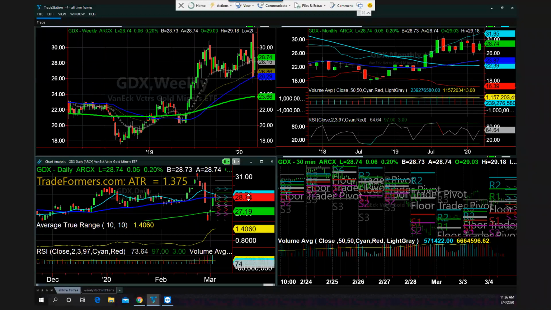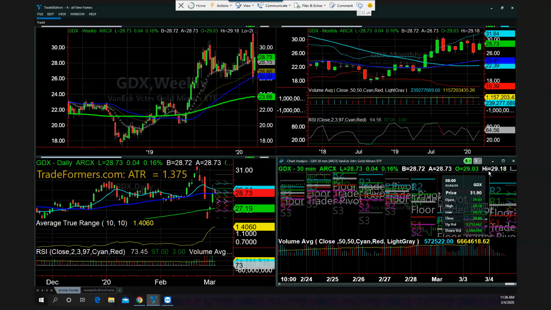So what does that mean? Would this be a good opportunity to buy? Well, remember, I look at the whole thing. It's strong on the weekly chart. It's not bad. It's having an inside month on the monthly chart. But so far today, it has not had an opening range breakout, which means it hasn't taken out its first 30-minute high at 29.18. So that gives you a general idea of what you might be looking at in terms of my process.